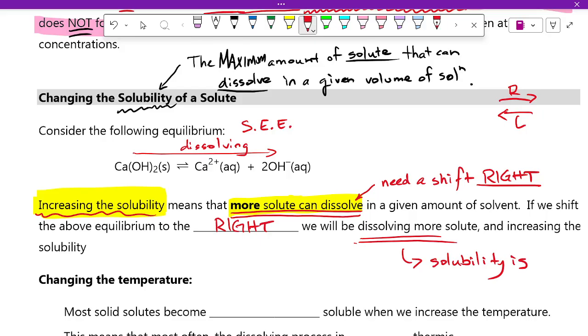Okay. Solubility. Another way of saying solubility is to say the concentration of a saturated solution. Yes? If we dissolve more solute,